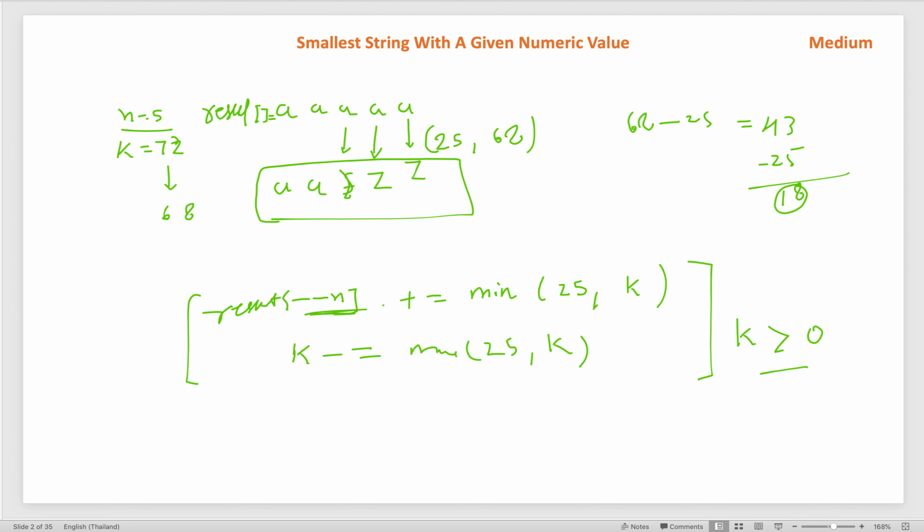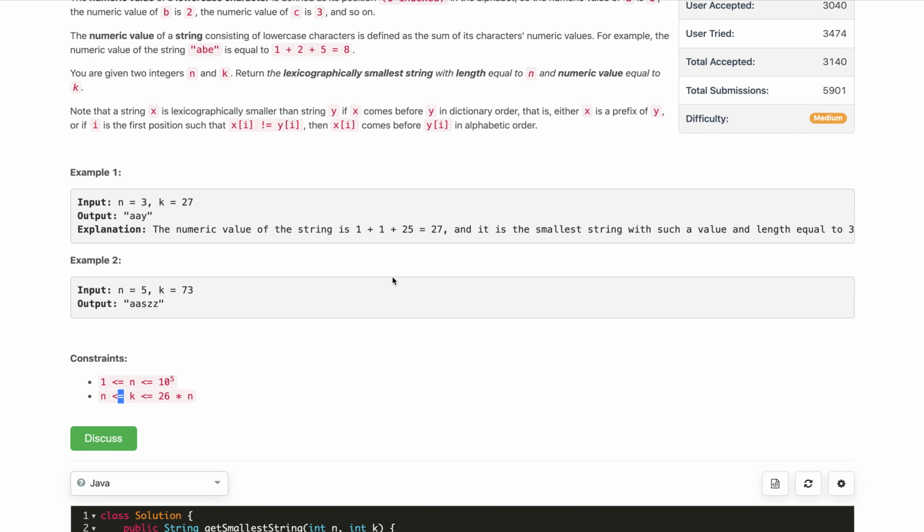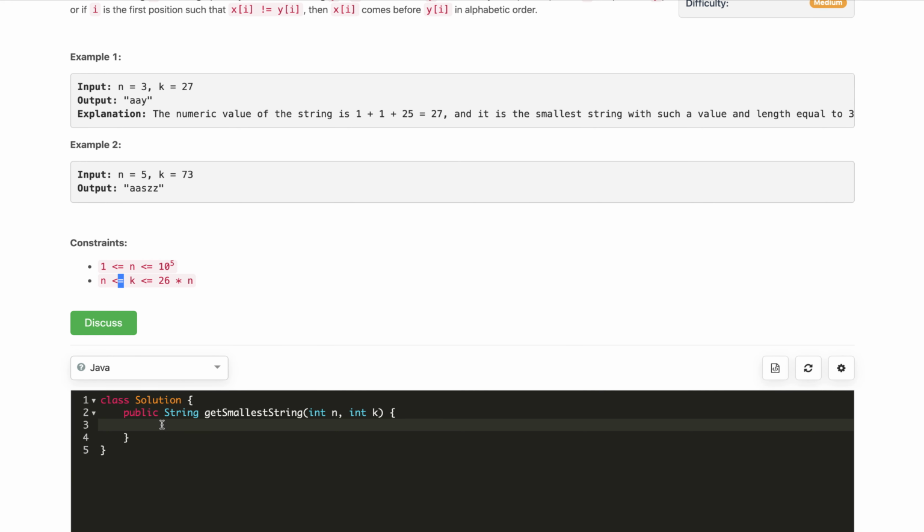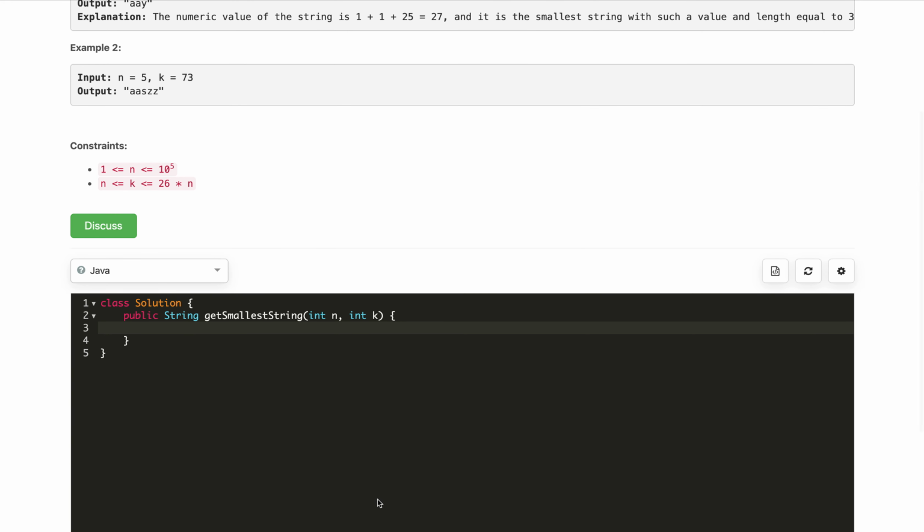So pause the video and try to implement the code by yourself in your favorite language, whichever, C++, Python or Java. So let's implement the code. I will implement the code in Java here. So for Java code, let's define the first character array result. So this will be new char of n, size is n.